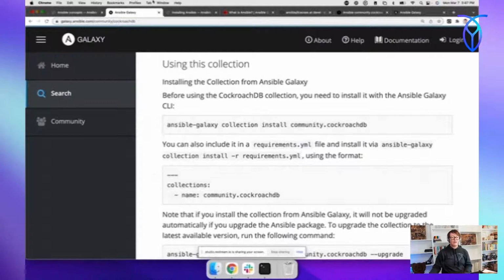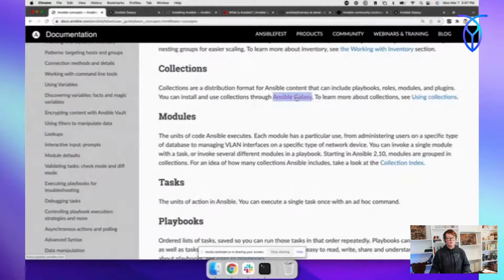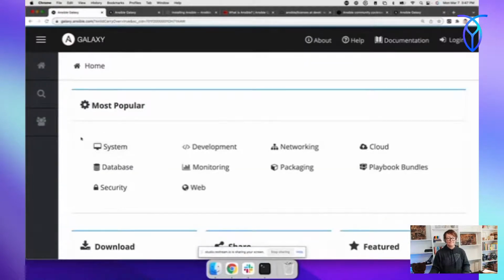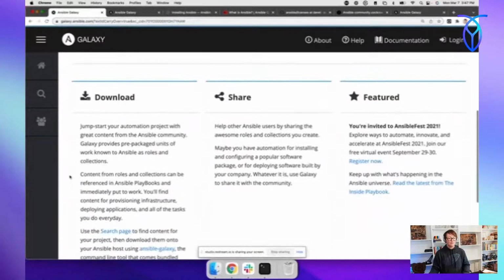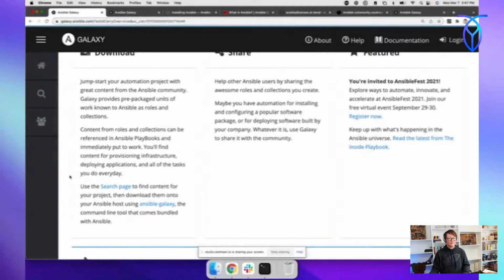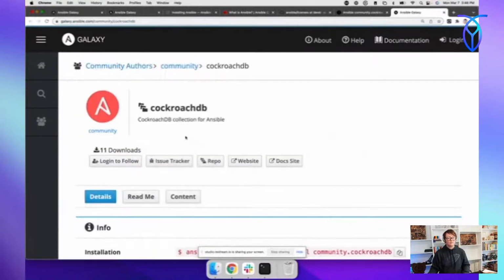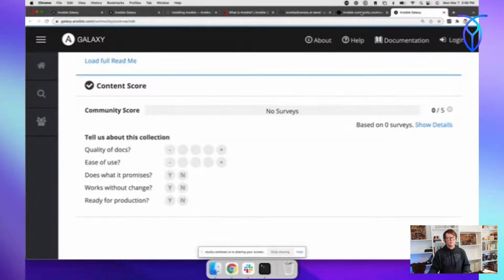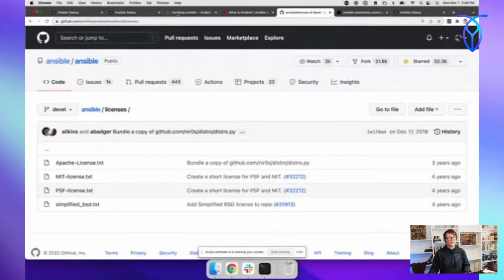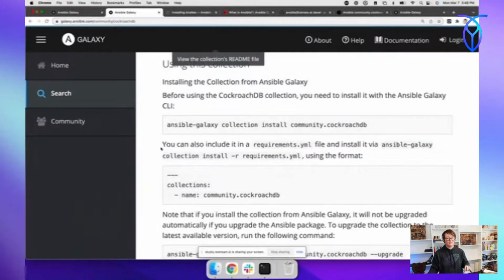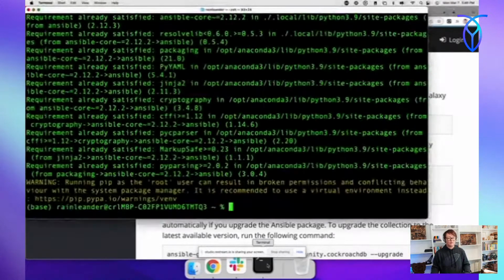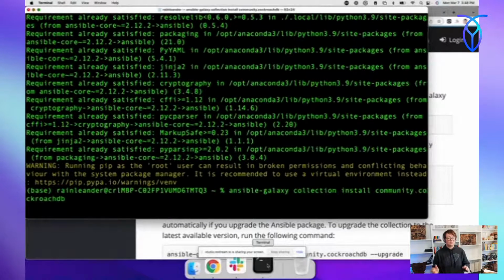I don't think I have. How do I install Ansible Galaxy? Jumpstart your automation with Galaxy. And it should already be in there. So let's just try running. Whoops. Wait, I just lost my, there we go. Ansible Galaxy should have already been installed when we installed Ansible. Let's see if it,